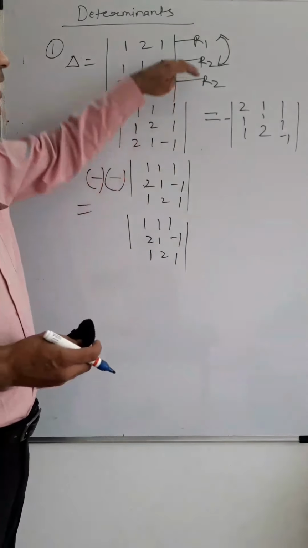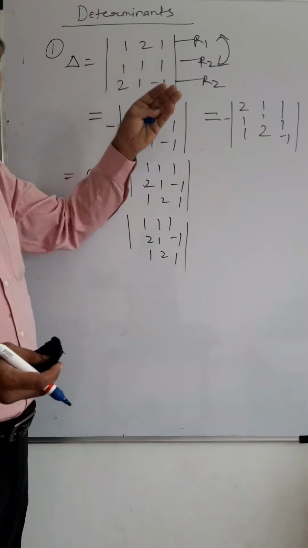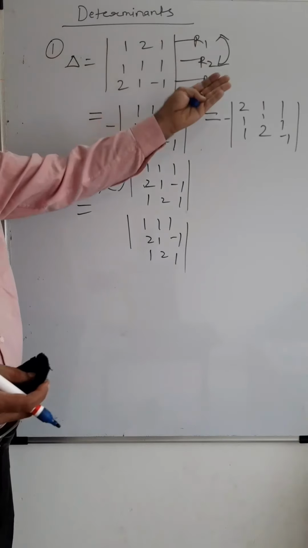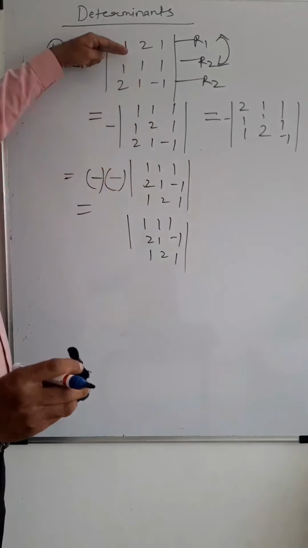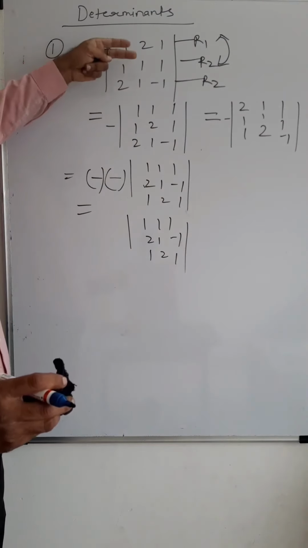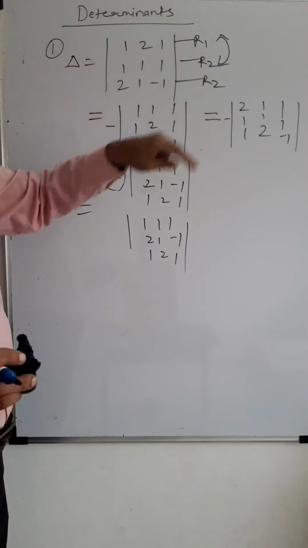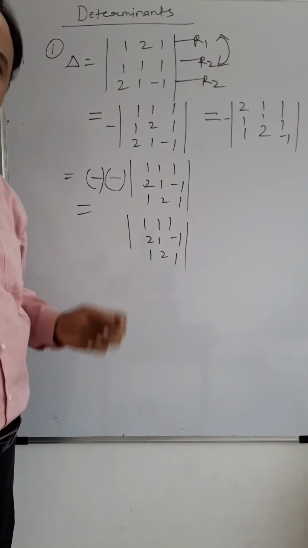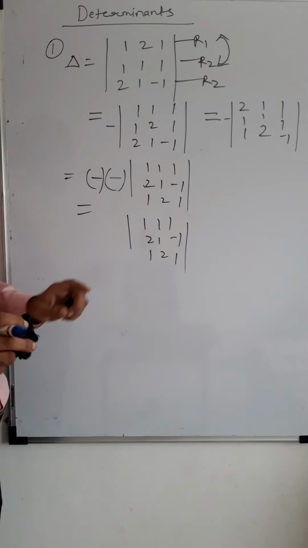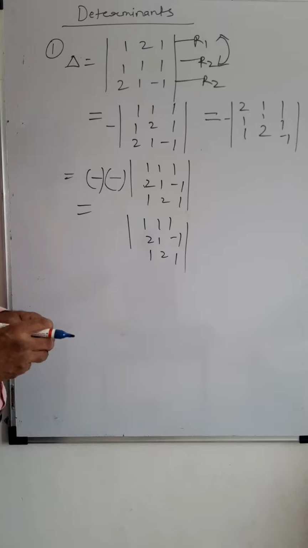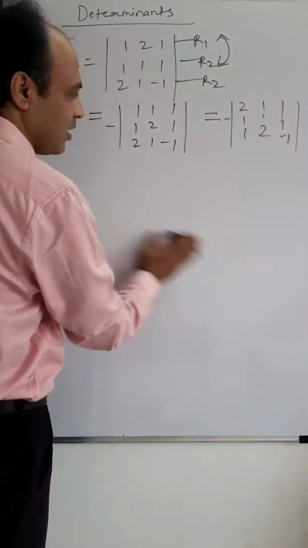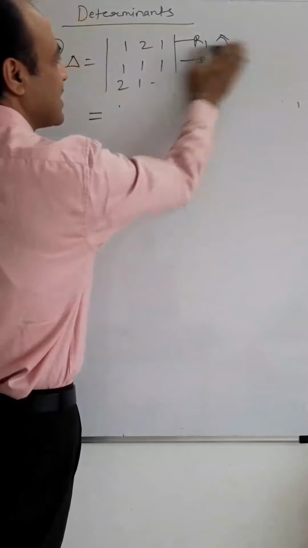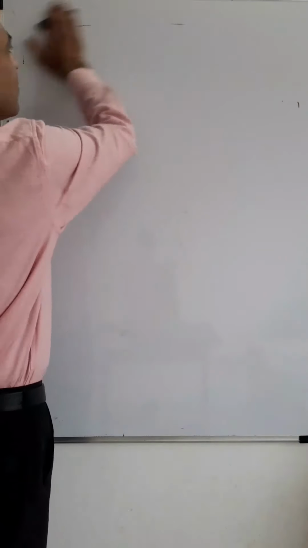Or you can say if you interchange all rows and columns, meaning all rows to columns, the value of the determinant will be the same. Suppose you are changing this row and all 3 rows into columns, then the value of the determinant will remain same. There is no plus minus, plus only it will come. Fine. So this is a basic property: change in adjacent columns or adjacent rows will make a negative sign.